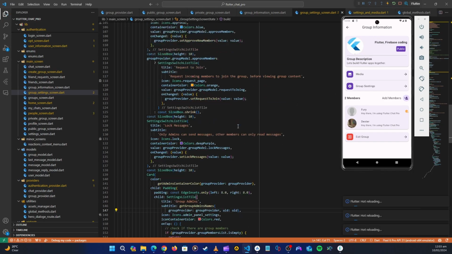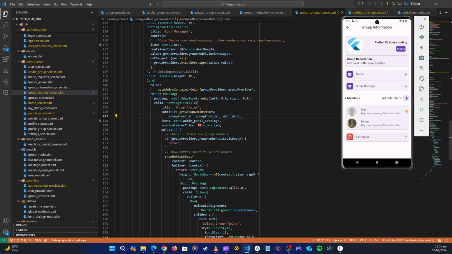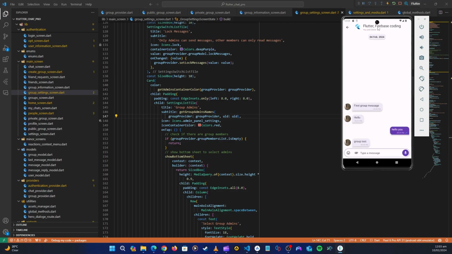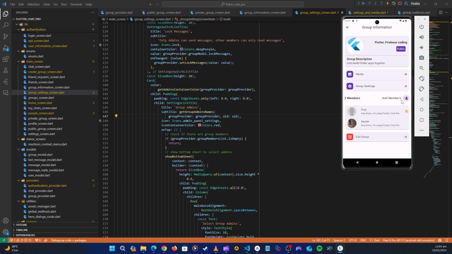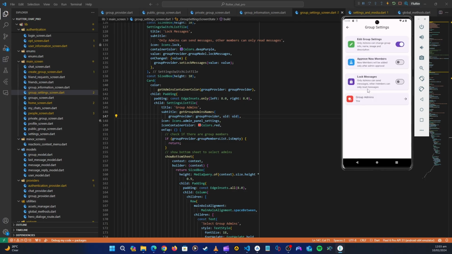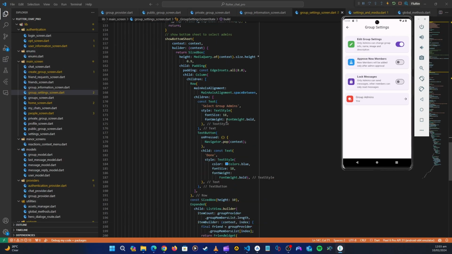So let's hot reload and then see if we have sorted out one thing. If we get inside here, we go to the group settings. Now you can see that we no longer have view and thing, we just have view. Now we just need to check mark this. Okay, so to check mark that, let's see